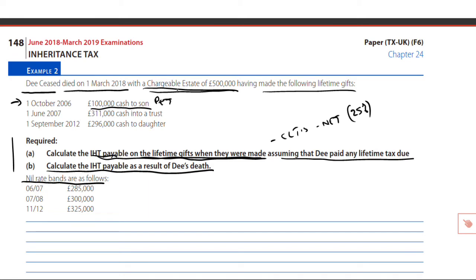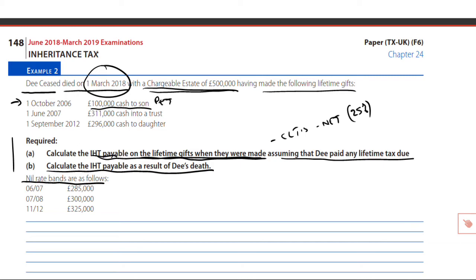That is a PET. It was not chargeable when made. It is not within, very clearly, nowhere near within the 7 years of the date of death. It will not be chargeable on death. So not chargeable when made, not chargeable on death, and because it was a PET and not chargeable on either